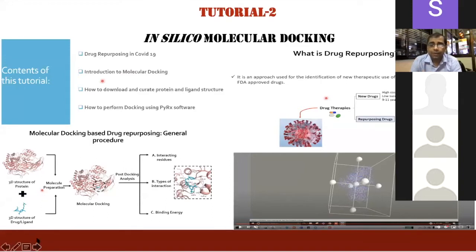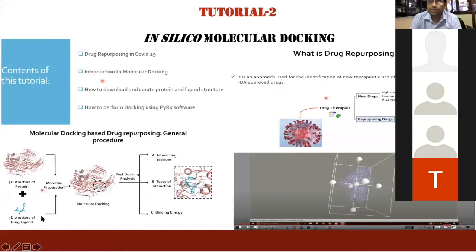And then likewise, you can look for the drug libraries and try to screen those. Then prepare the molecules and perform the computational docking, which is like a simulation. You're trying to simulate this and see which of these molecules interact really strongly. After that, you see which residues, which amino acids are especially binding, what the binding pocket is, and which is the most active site that can be utilized. Based on this knowledge, you can say, out of 1,000 molecules I have screened, maybe these 10 molecules or drugs are worth trying out for the next step of experimental work.